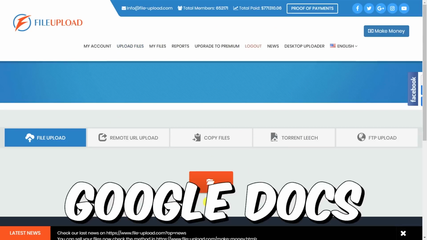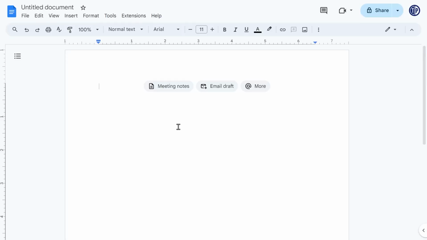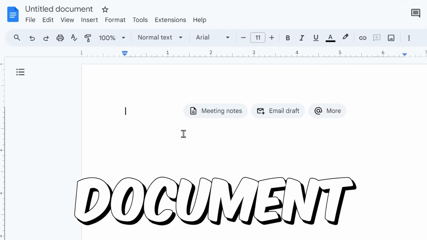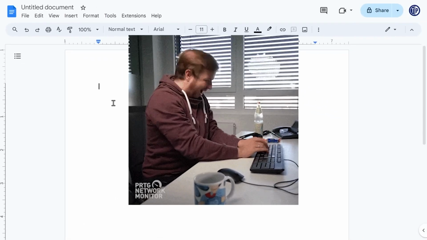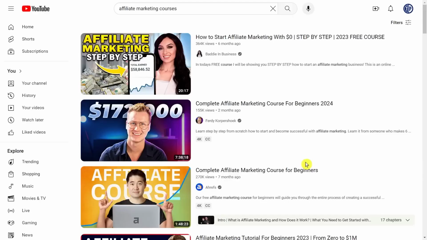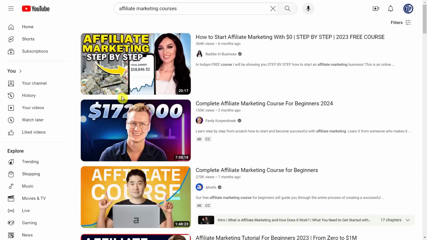So, let's go back to Google Docs to create the files that we're going to upload here. Now, what you're gonna need to do here is create a valuable piece of Google document that people would find very useful and download from your file upload link so you can get paid for each download over and over again. And to do that, I want you to go to YouTube and then search for different free courses